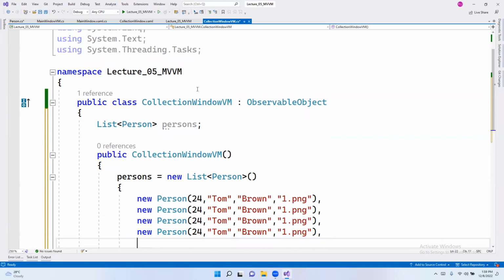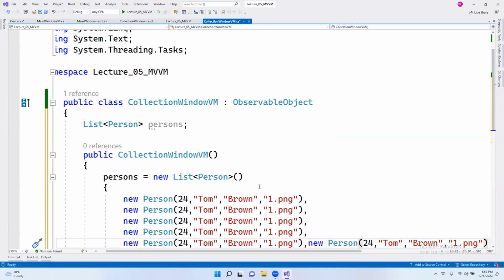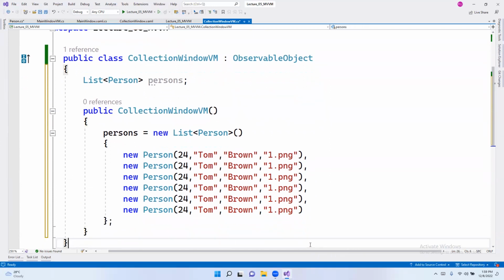So this can be taken from a database or a web service. So data can be taken from this one. We will say this one is 27, 34, 14, and